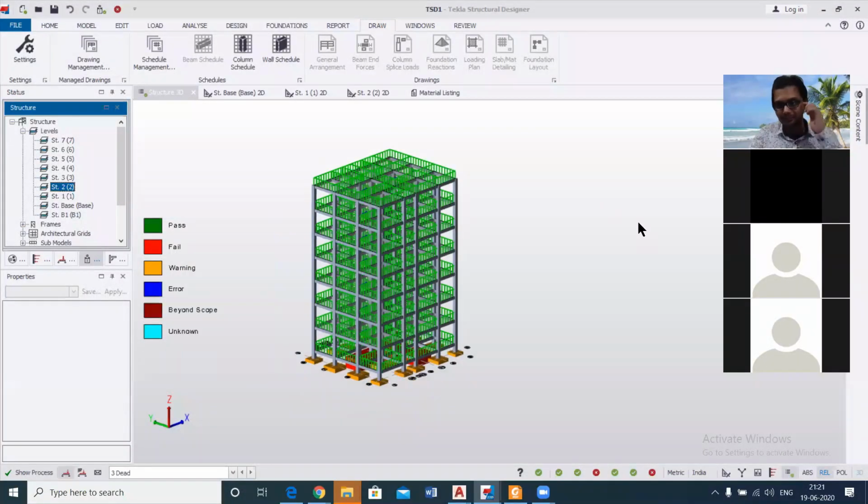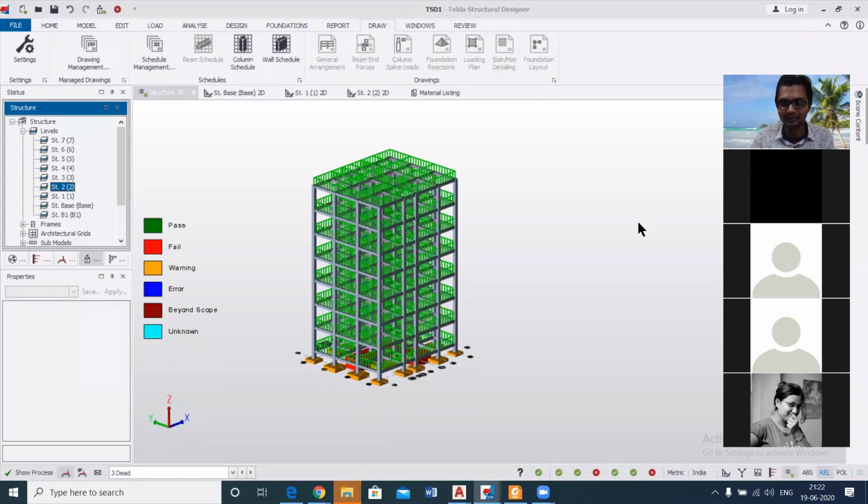Okay, one by one, let me know all about you, and how did you find this, and what are your ideas on structural design, and which field in future you want to go. Everything you can discuss. We have some time, I think 10-15 minutes we can discuss about that. Please go ahead. Please don't make me call names here.